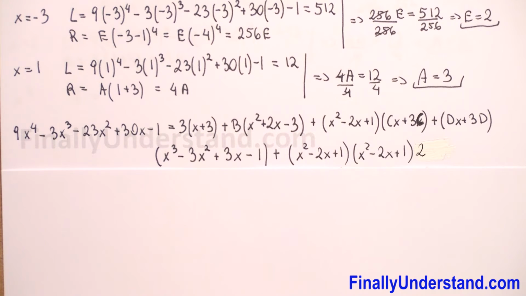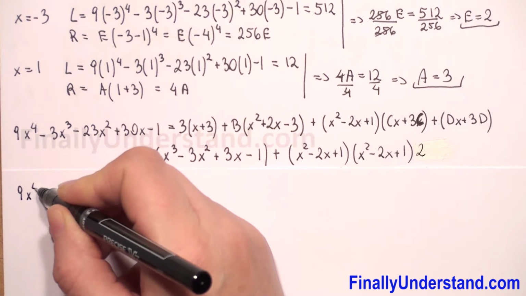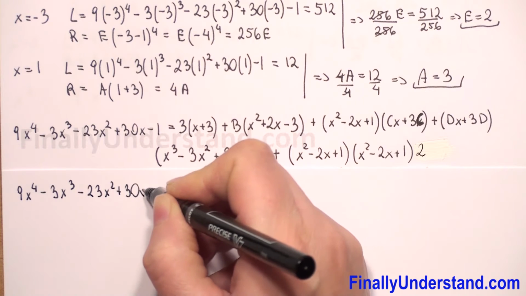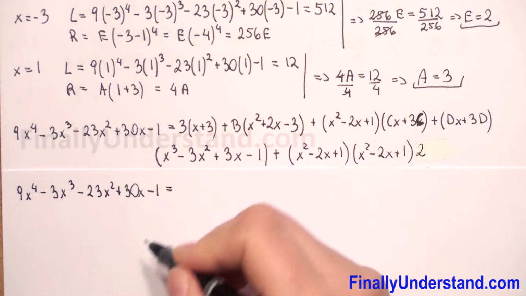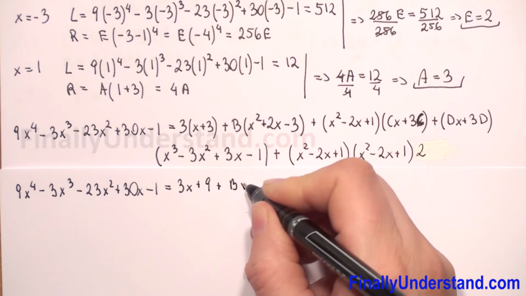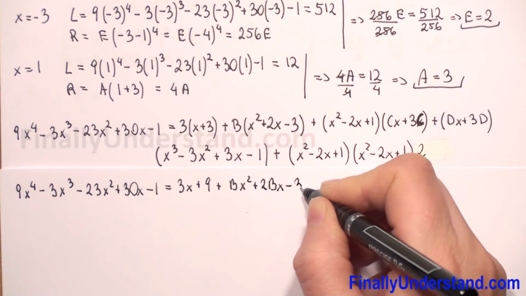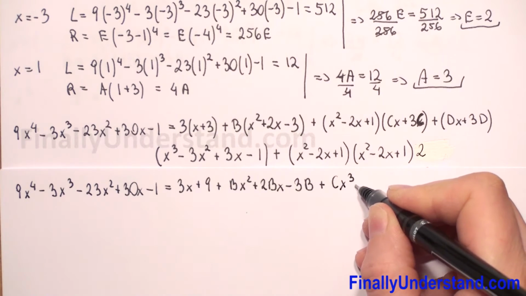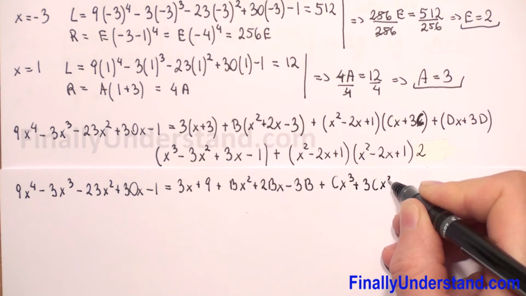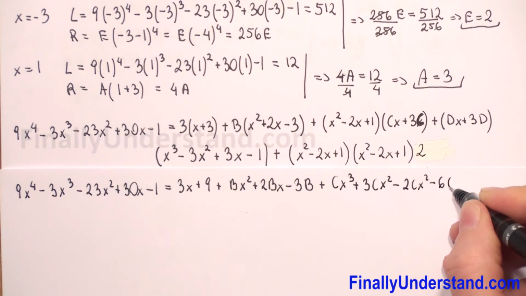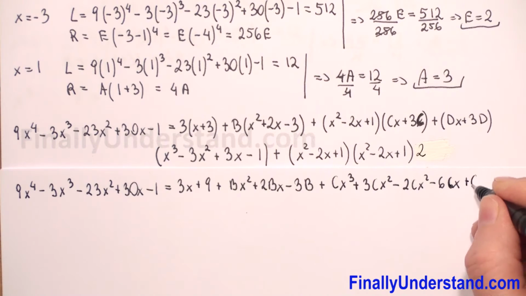So now we have to copy left side. We have 9x to fourth power minus 3x cube minus 23x square plus 30x minus 1. So this is equal to, we have 3x plus 9 plus bx square plus 2bx minus 3b, and next we have plus, will be cx cube plus 3cx square minus 2cx square minus 6cx plus cx plus 3c, and we have